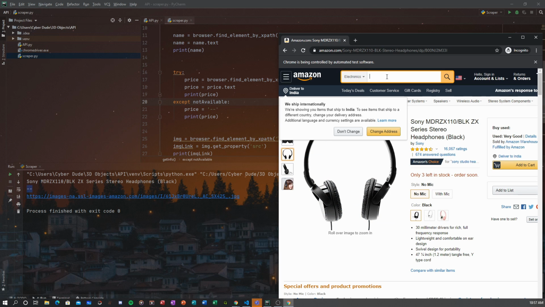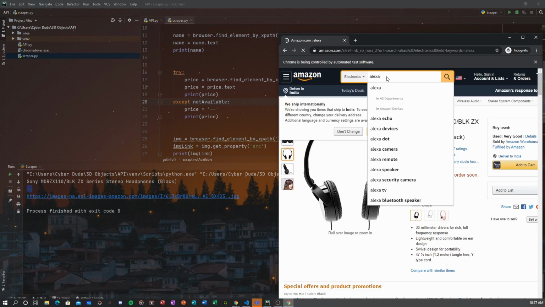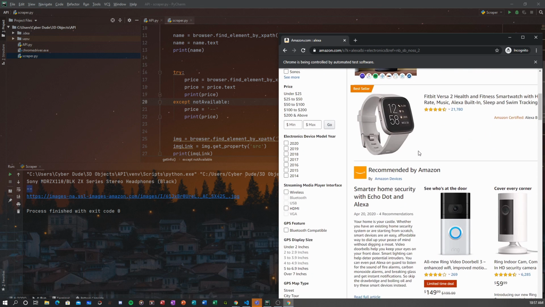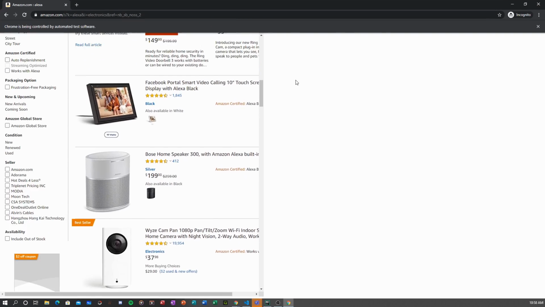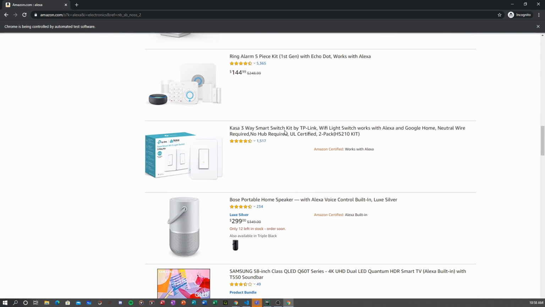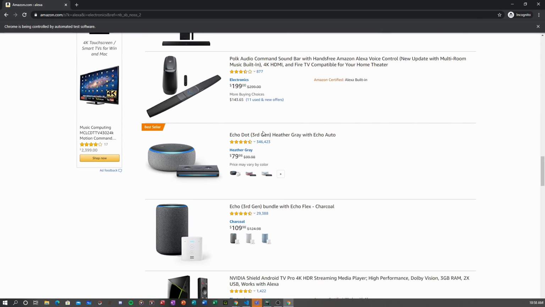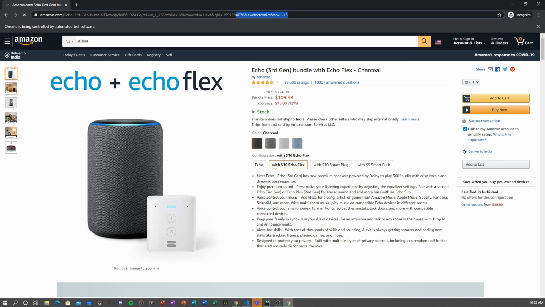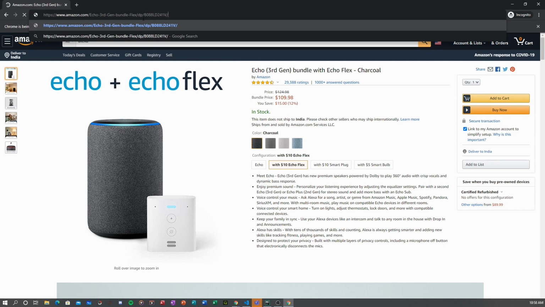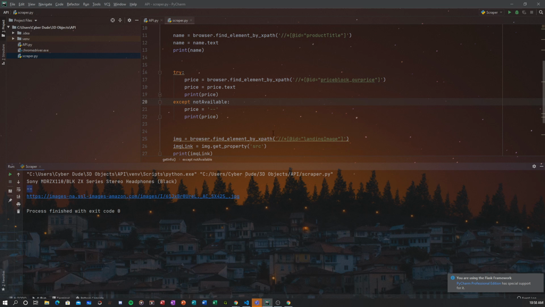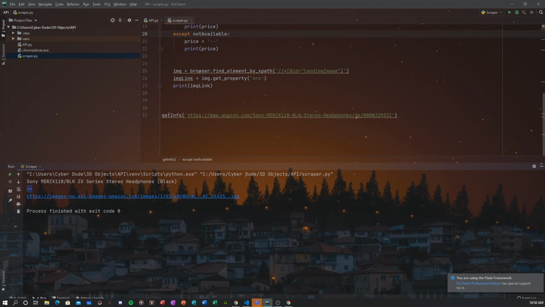But if we now search for, let's say, Alexa again, and we pass in one with a price. Okay, we'll just use this one. So just remove ref again, and what we can do is copy the link again and change the link that we use here.